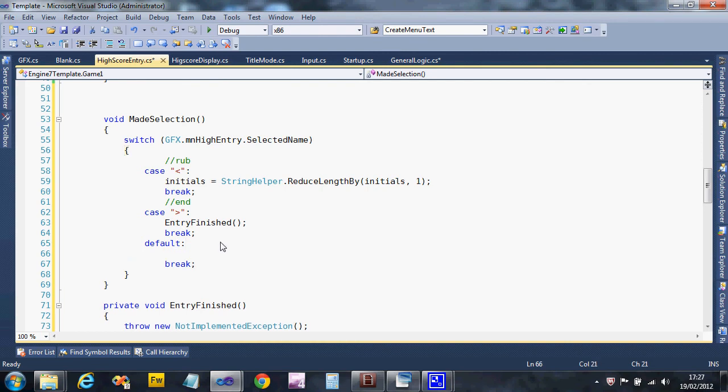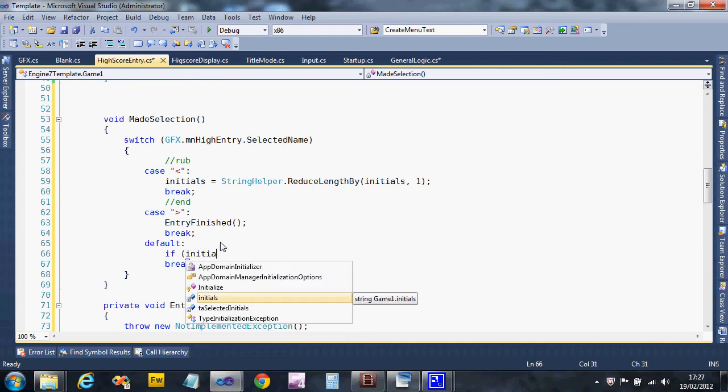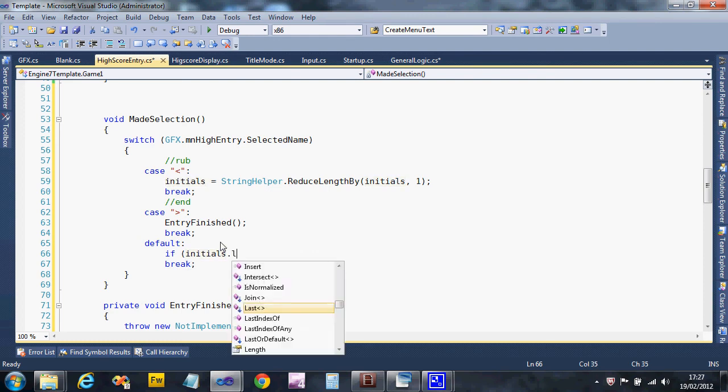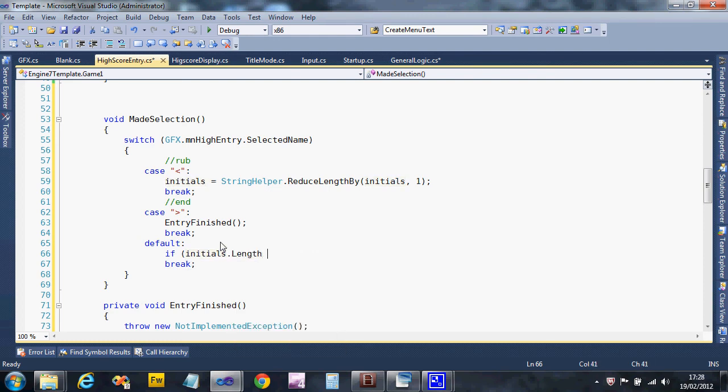Right, I'm restricting my initials. So this default bit is where we take the letters. I'm restricting mine to 3 characters. Okay, so I don't want to add anything unless I've got less than 3 characters. So if I put AS and I want to put a B or something, I'll only have 2 characters in my initials. So as long as I've got less than 3, the next character that they clicked on, I'll add